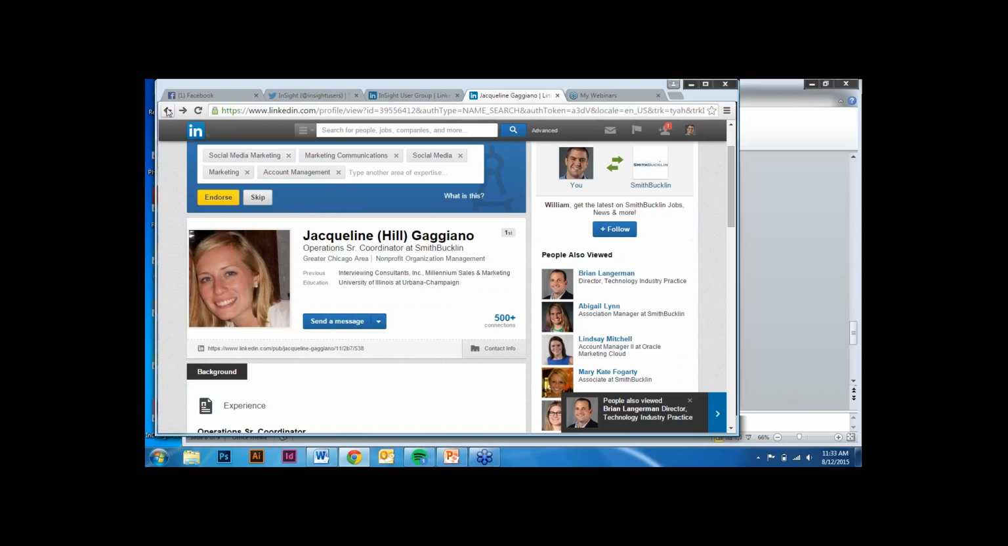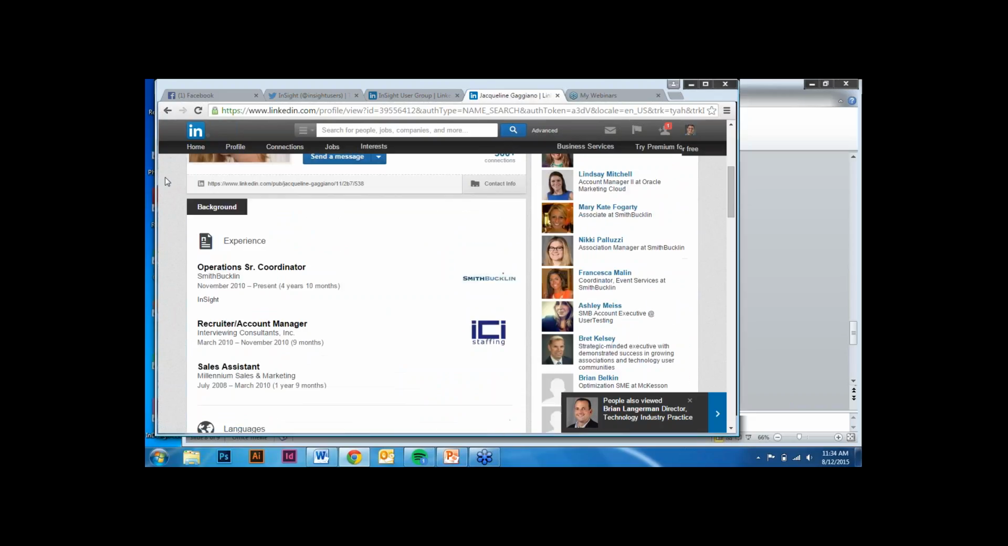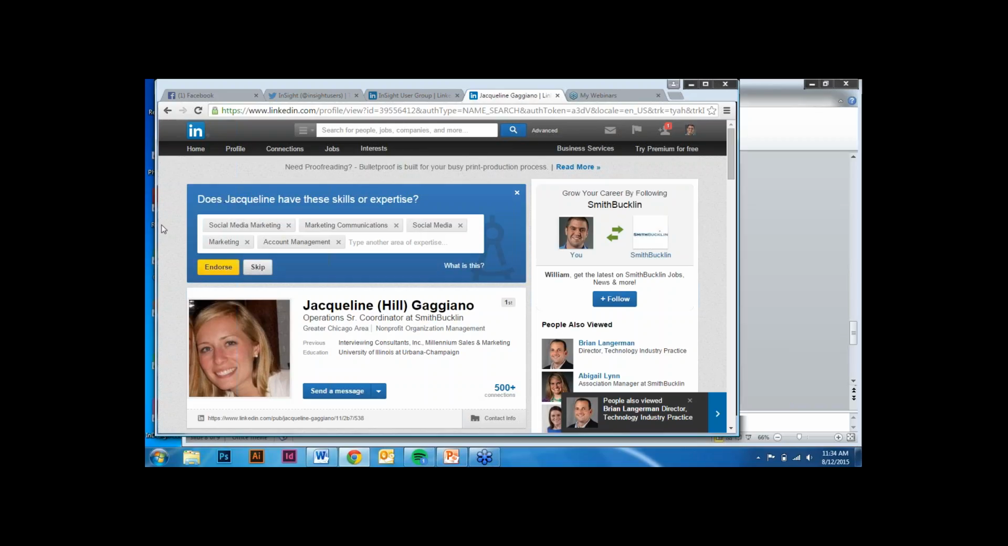The third degree connection means that Jacqueline knows somebody, in this case Mary Kate, who knows somebody you want to talk to. So it's usually a bit more of a stretch. If there was a better example on this profile of mine, I'd be able to show you, but usually, if you click on a third degree person, it will show you the timeline. It will say, you know Jacqueline, who knows, and it will just say somebody. So then your job as a third degree connection is to reach out to Jacqueline and say, hey Jacqueline,